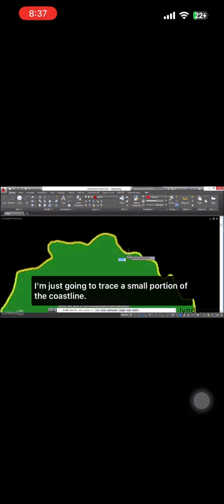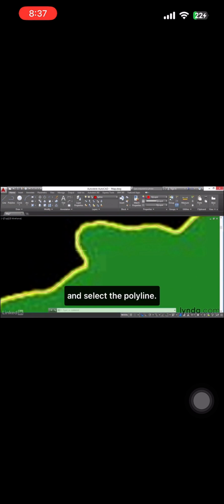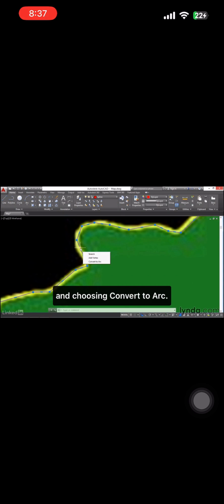I'm just going to trace a small portion of the coastline. I'll press Enter to complete the pedit command. Now, zoom in and select the polyline. You could convert these segments to arcs by positioning the cursor over these midpoint grips and